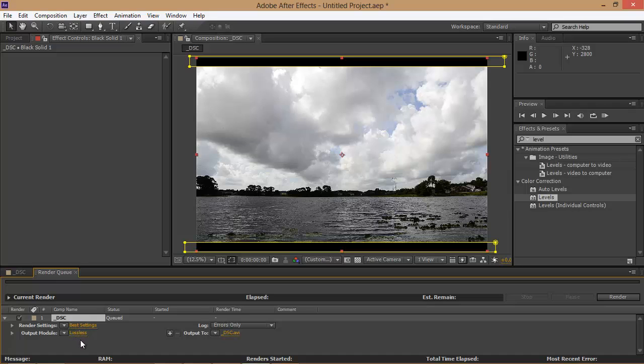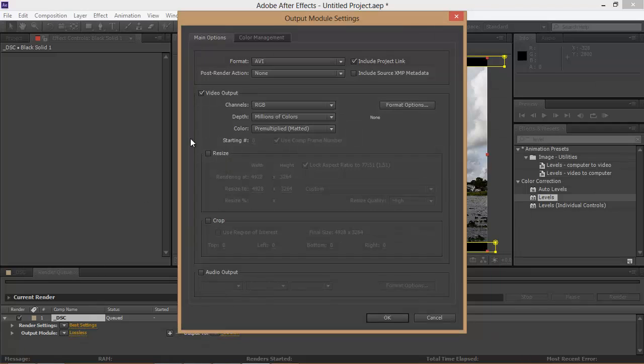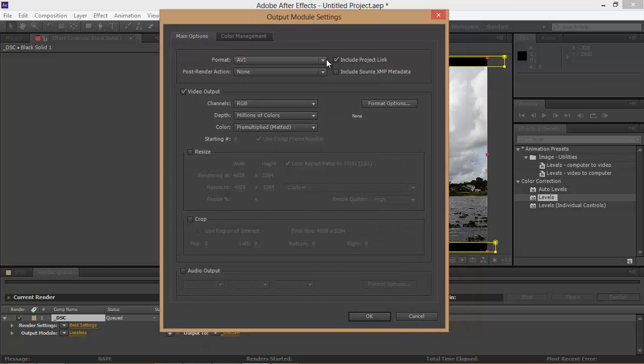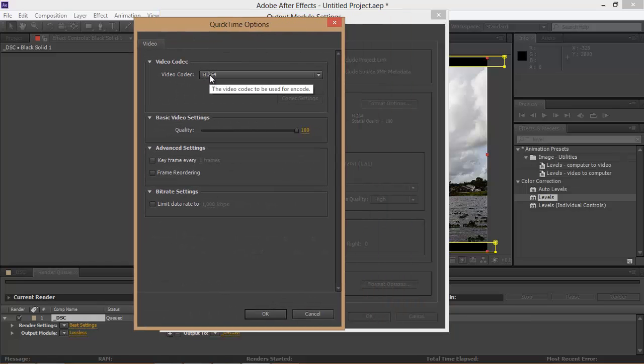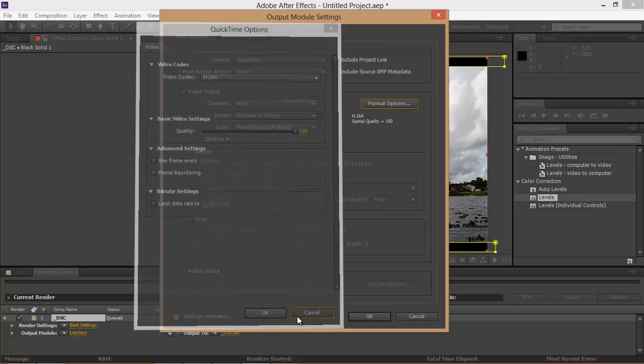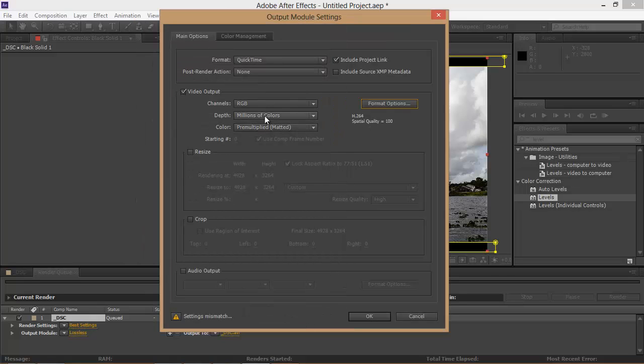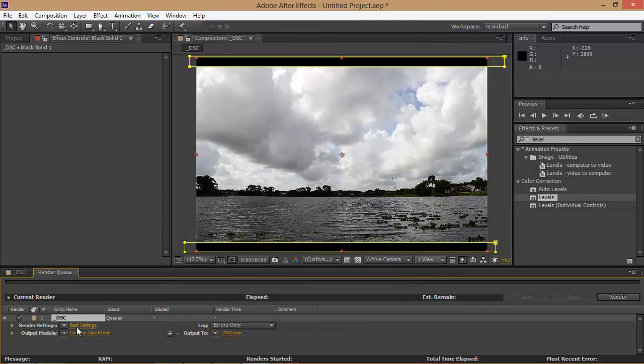So what we're going to need to do is select this output module, which is lossless. And the format I would recommend you use is QuickTime. And format options, I'll just check. You want to make sure that you have H.264 selected here. That's very, very important. I do have that. And if I just click on OK,